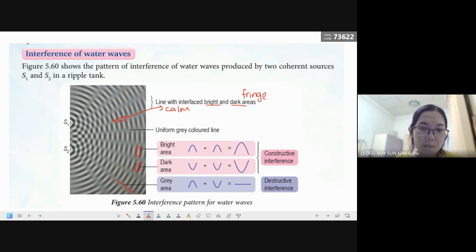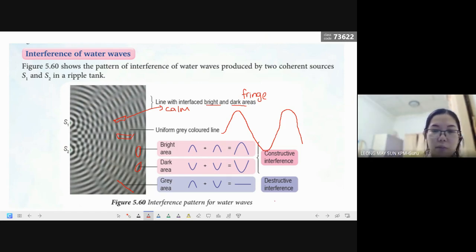But if a ship is located at this location, the part where constructive interference happens, the ship will go up to the maximum amplitude of the sea wave, and then it will go down to the lowest amplitude of the sea wave, and up again and down again. Why? Because it's constructive and destructive interference. Please do take note of this. This is a question that they used to ask quite some time ago.